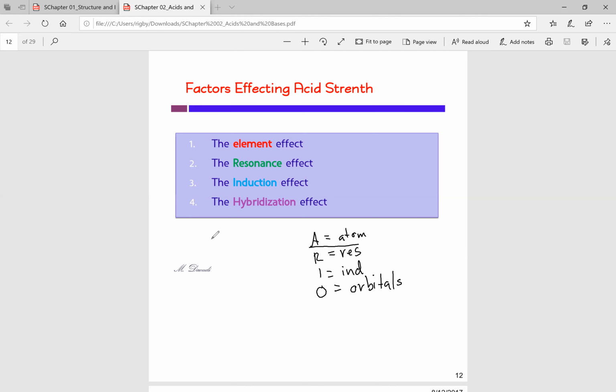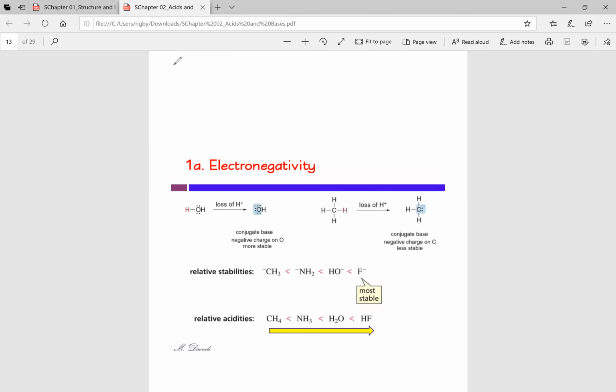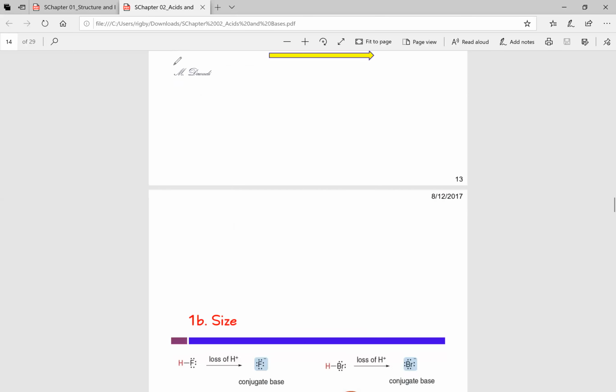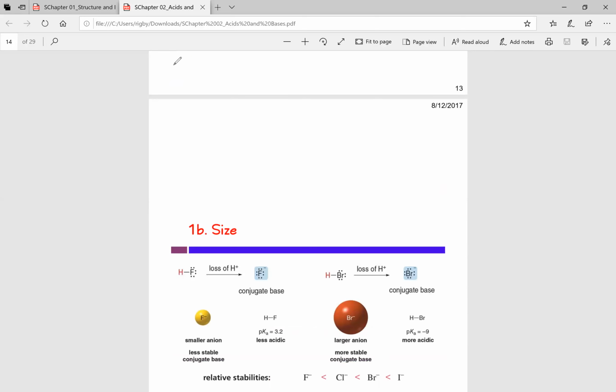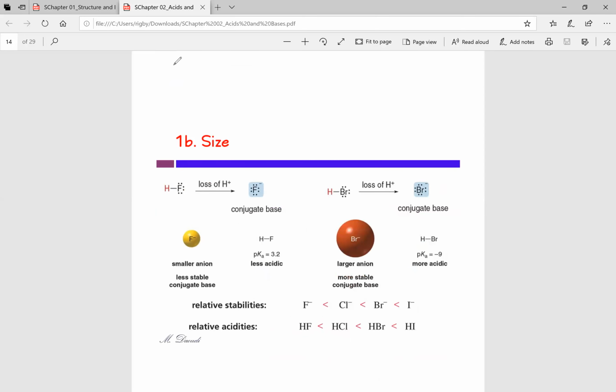So if I had something like CH3 attached to OH, the atomic effects that we would consider here with this proton would only be considering this oxygen. It would not be considering this CH3, because that CH3 is not directly attached to the hydrogen, but the oxygen is. Okay? So let's talk about the atomic effect. This PowerPoint lists the electronegativity first, but I want to talk about the size of the atom before we continue on. So the size of the atom is really important when thinking about the stability of the conjugate base,